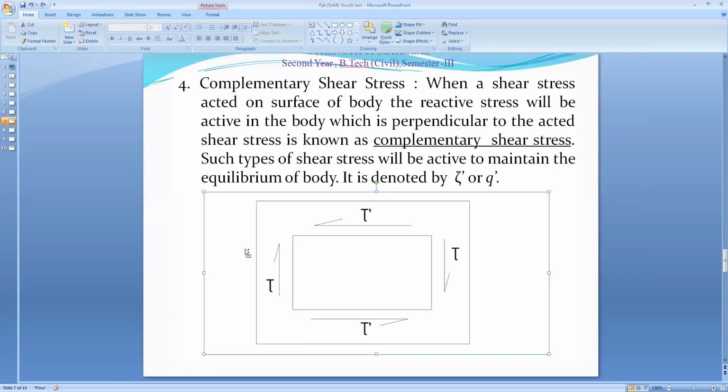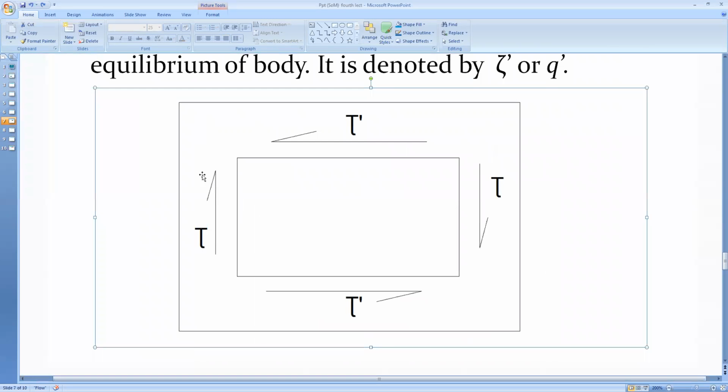When we see this figure, as I indicated here, this is a force having a magnitude of 10 kilonewton. So when it is acted on the vertical face indicated in this figure, suppose P is acted like that, at that time another P is acted in the opposite manner on the opposite side of that figure.